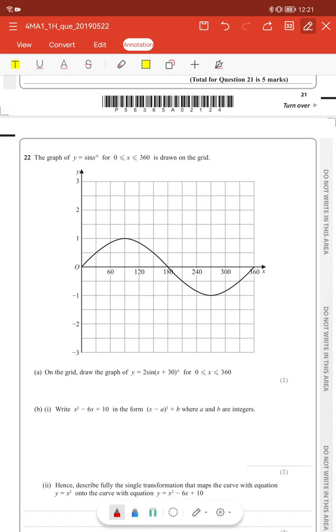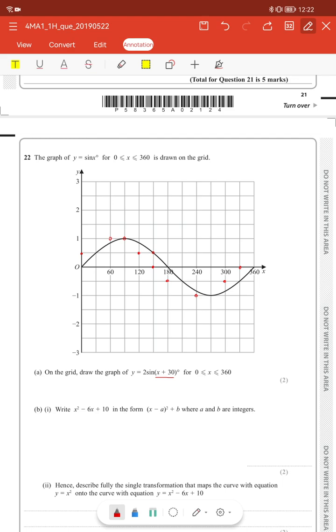The graph of y equals sine x is shown on the grid. Draw the graph of 2 sine (x plus 30). So the x plus 30 means we're going to move to the left by 30. So this point will now be here, this point will now be here, this point will now be here, and we can just shift all of these points slightly to the left,